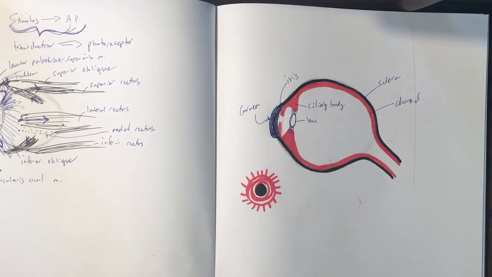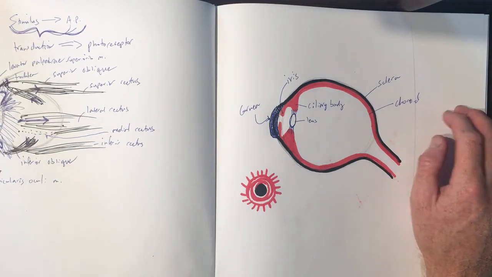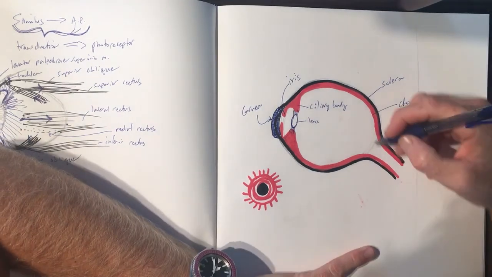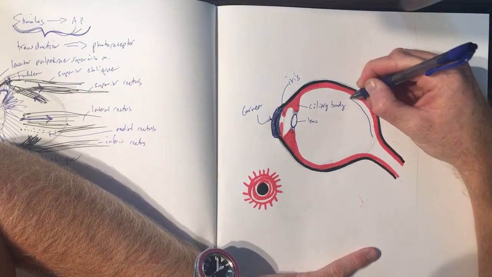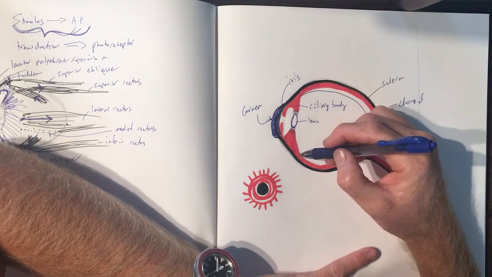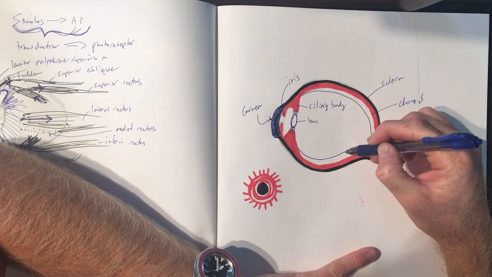Okay, good. Now, on the inside of the ciliary body, we have one more layer. This is called the retina. The retina starts right here, right behind the ciliary body, and it stretches